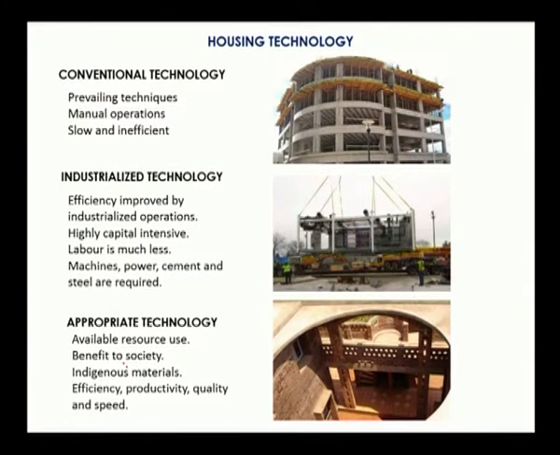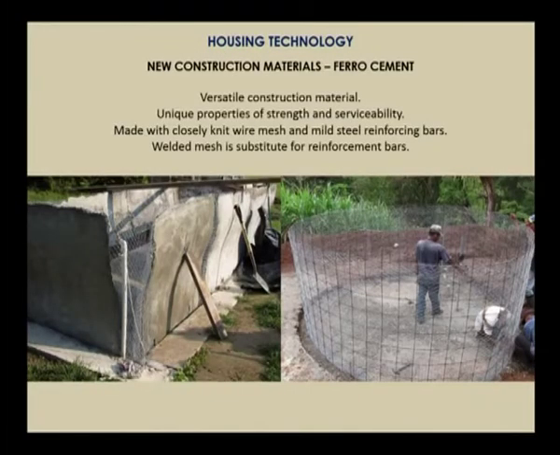And industrialized technology would be more in terms of speedier construction, cutting down of cost, in situ fabrication. Because of the technology involved in it and the industrialized machines and equipment involved, the efficiency is improved. And appropriate technology, on the other hand, as the image shows, is the use of efficient natural resources on site, so that it increases the efficiency, it increases the productivity, and of course, the quality and the speed of construction is also improved, because when you use the available resources within the site, you do not need to transport the materials from another site. So, that improves productivity as well.